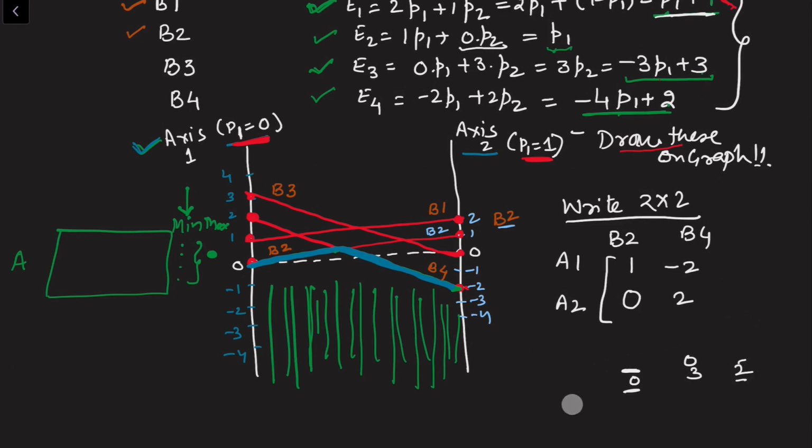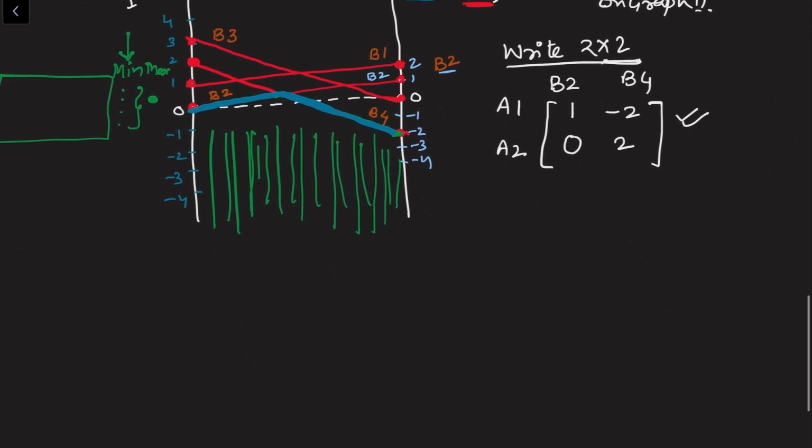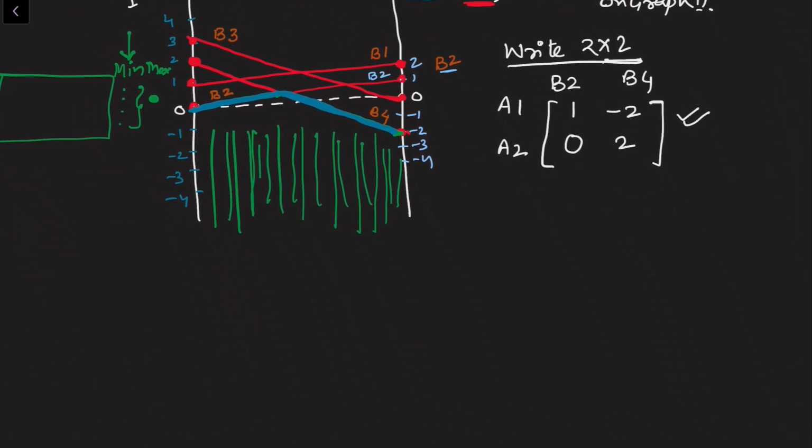Now this is a 2 cross 2 and we check again for the saddle point. Of course, there is no saddle point in this case. So this is a 2 cross 2 problem without a saddle point, and we know how to apply the probability formula from here. To calculate the expected gain, you can associate again that this comes with one probability, this comes with another probability, this comes with another probability q1 dash, this comes with another probability q2 dash. And we have already seen in the last video how to solve this case, 2 cross 2 without a saddle point.